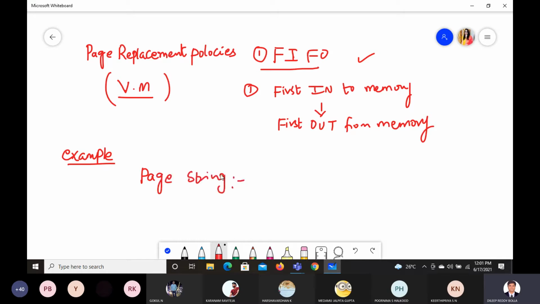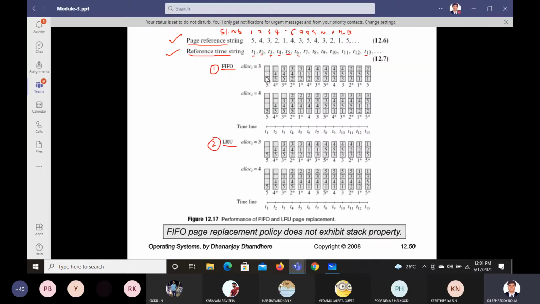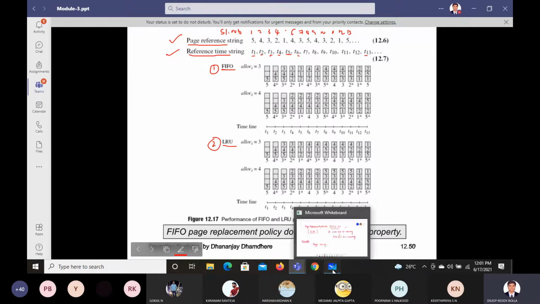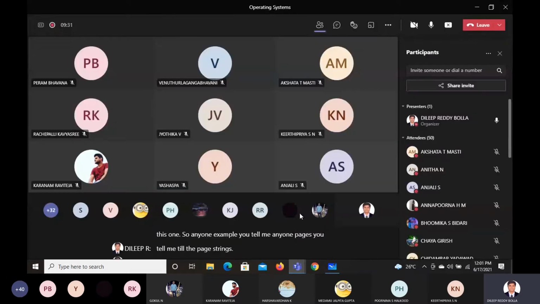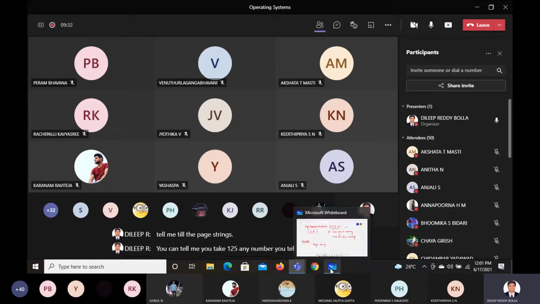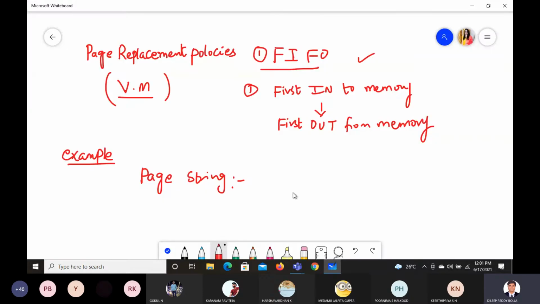Can you tell me some? You take any of the pages, whichever page you want. Let us take a small example and then we'll try to understand this one. Any one example you tell me, any one pages. Tell the page strings. You can take 1 to 5, any number. It's an important question, it will come around 10 marks.